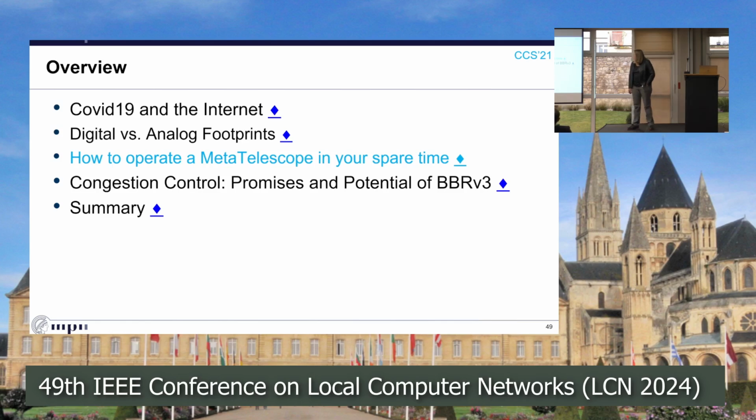So the project that I want to talk about is the question of a meta-telescope. You guys know what a telescope is? Who knows what a telescope is? To watch stars or to watch network traffic? Well,